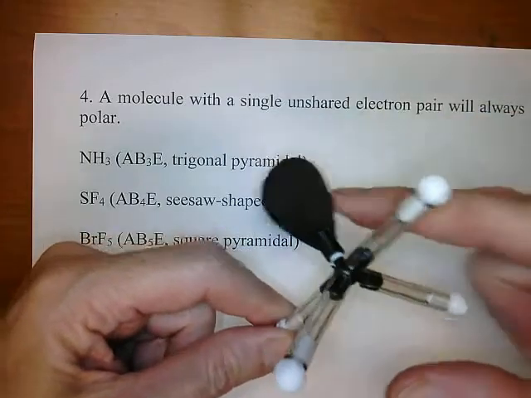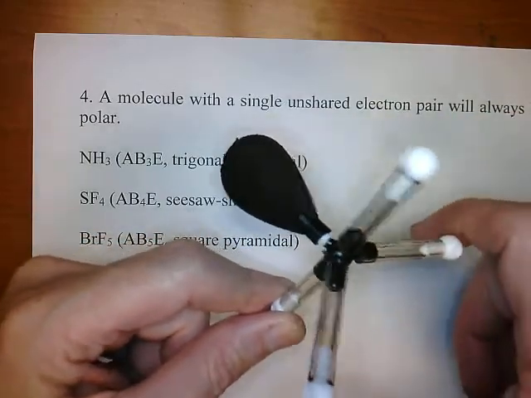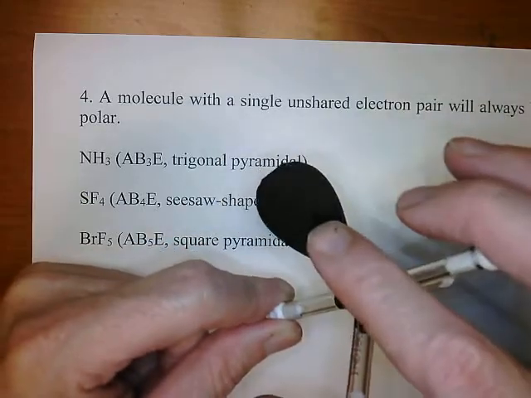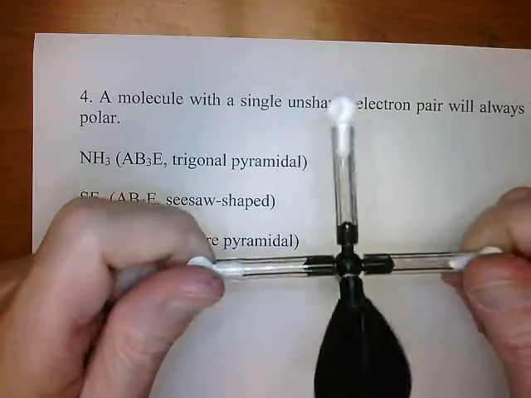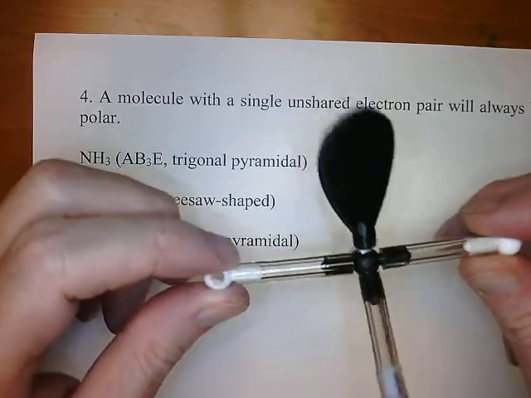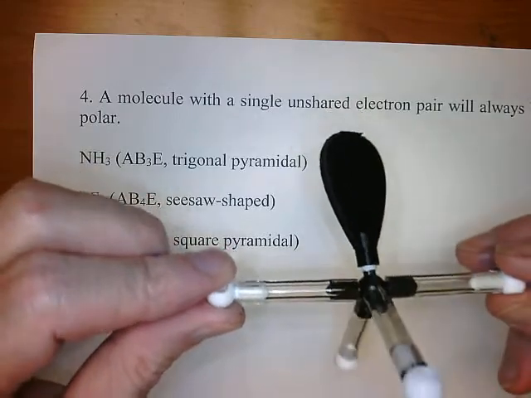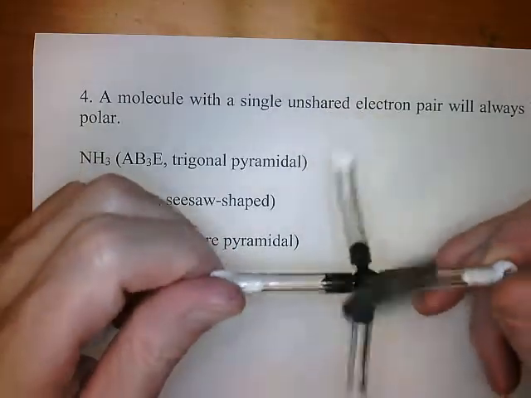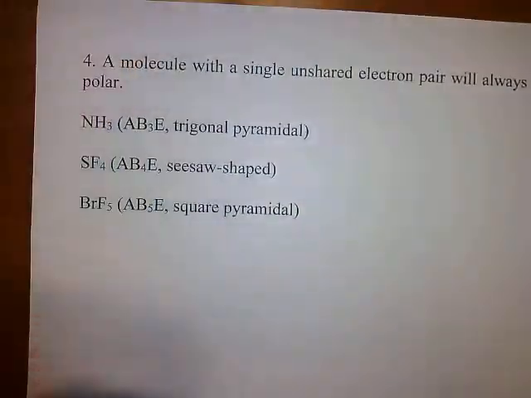But the equatorial positions are no longer balanced, because two of them are atoms and one of them is a lone electron pair. We try to spin that around, and again, it's going to be like a fan blade where one of the blades is either missing or much bigger or smaller than the others. That's going to be